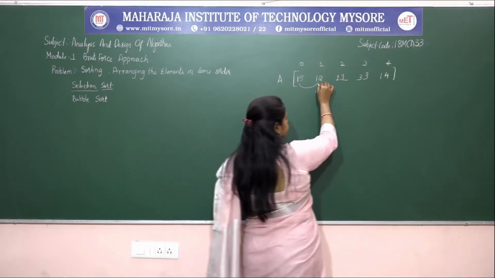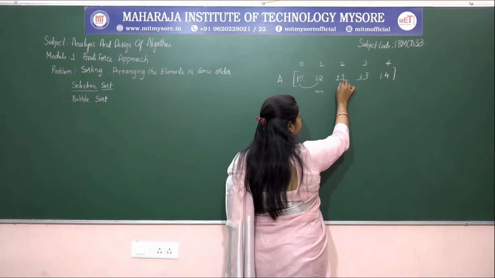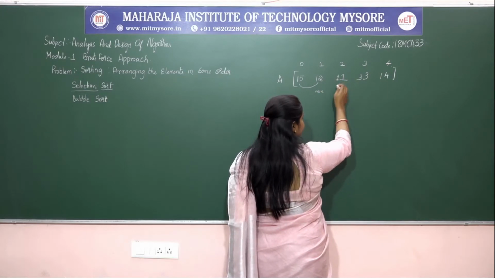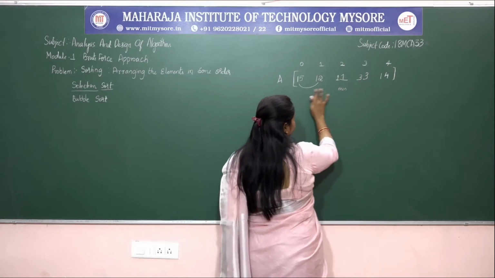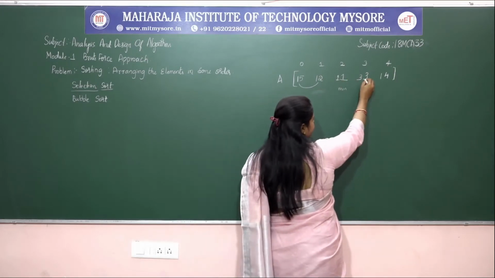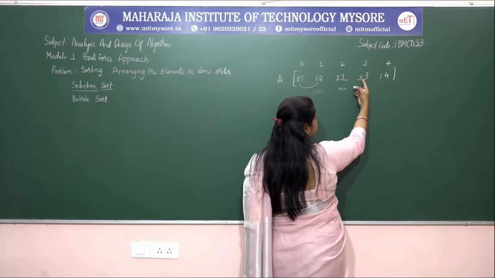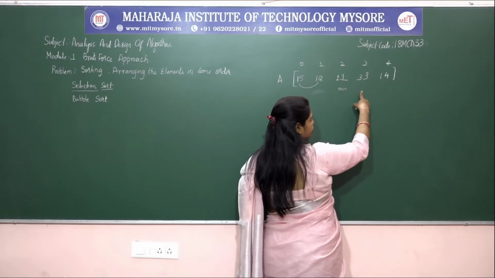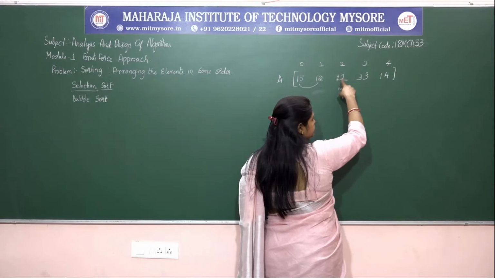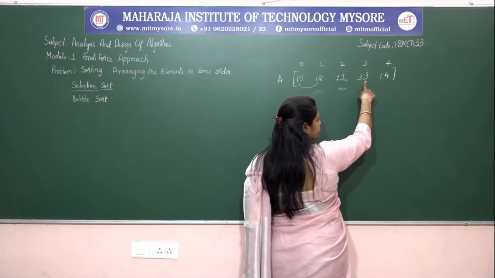Okay. Next, this element and this element will be compared. So 12 and 11. So this will be the minimum element. Okay. So next, this and this will be checked. So now this is not the minimum, this is the only minimum one. So now there is no action, since 11 is the smallest one compared to the next number.